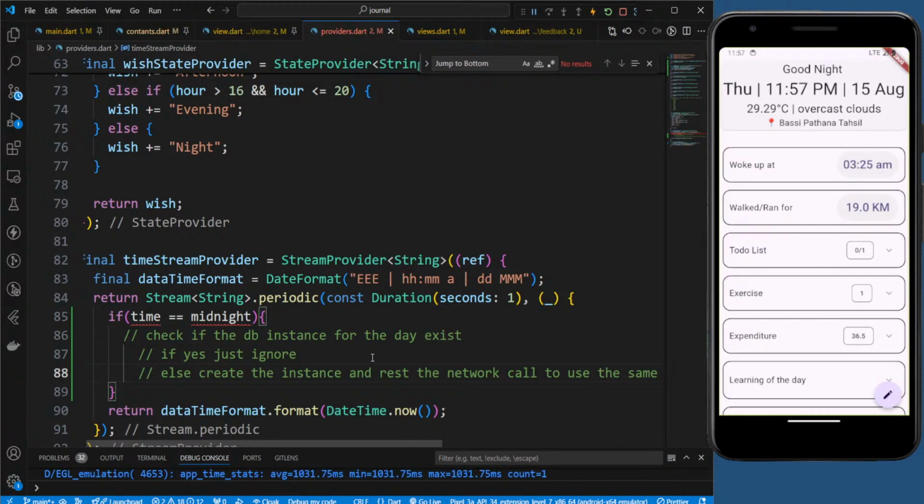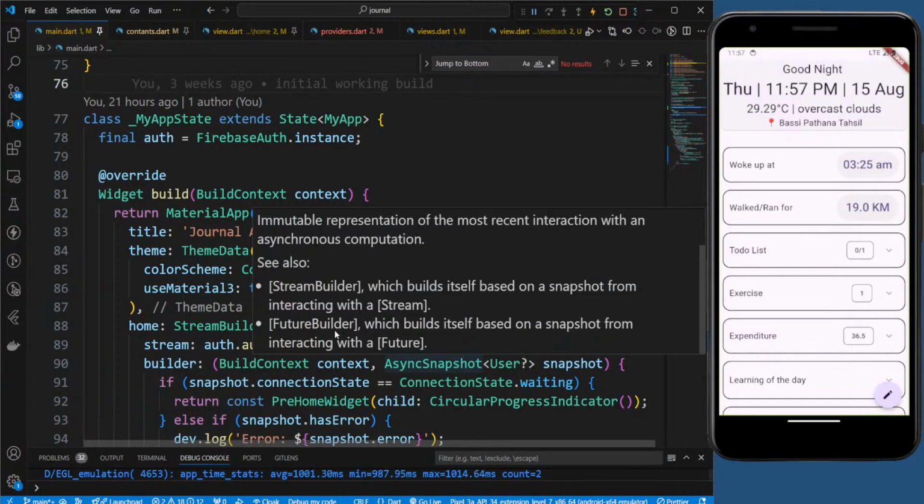So every day at midnight, this works only if the app is in running state, right? If you close the app and reopen, this will work automatically. You don't have to take care of it. If you see the main,